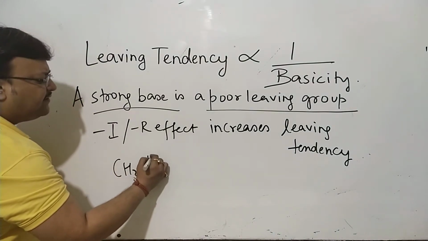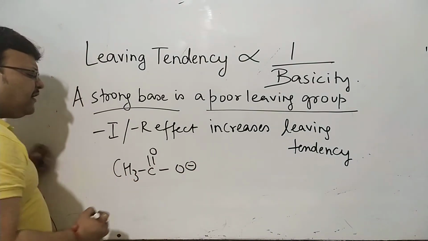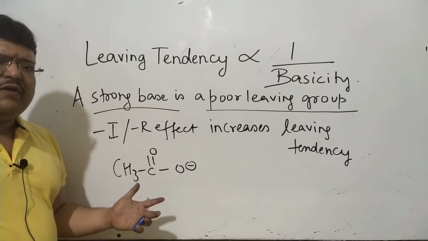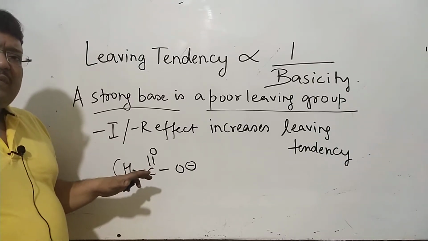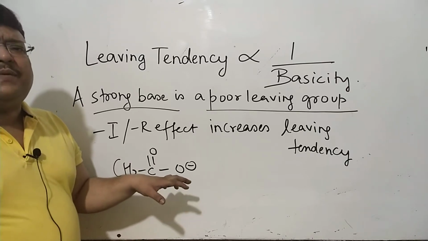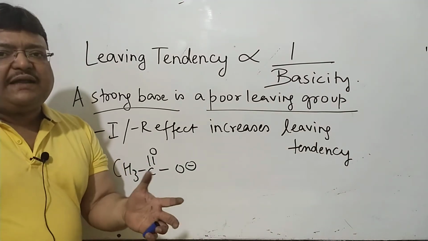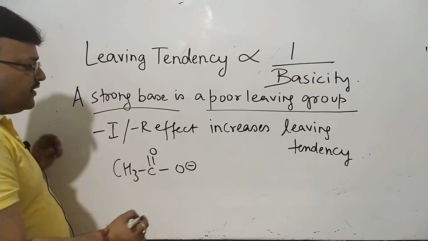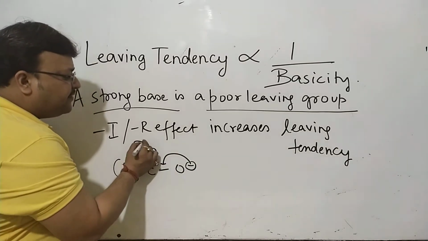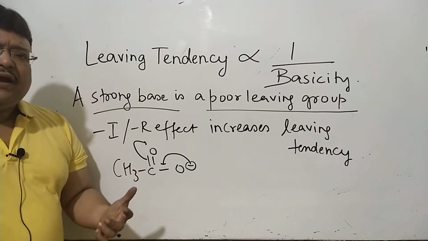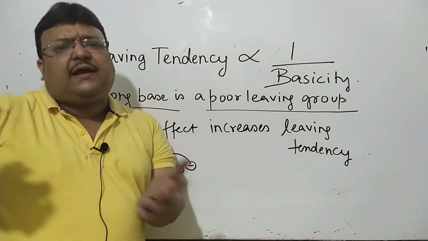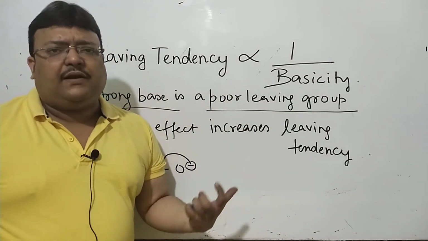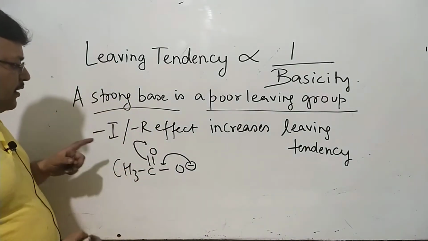Like you would have known, CH3COO minus is a fairly good leaving group. It's a fairly good leaving group because it's a weak base, because it comes from a relatively good acid, a carboxylic acid. It's stable by resonance. It's happy. A leaving group is something which will happily come out, which will be stable in its own way. It's a good leaving group.